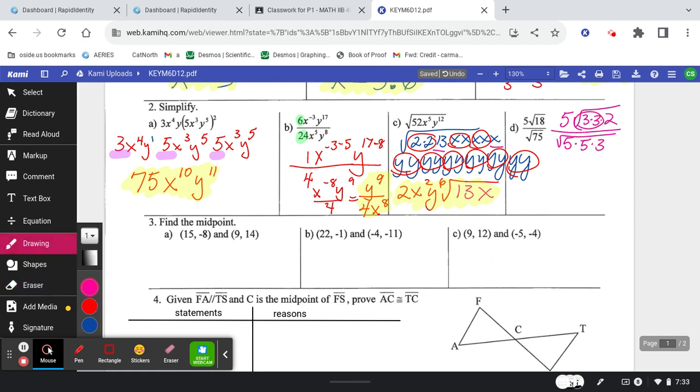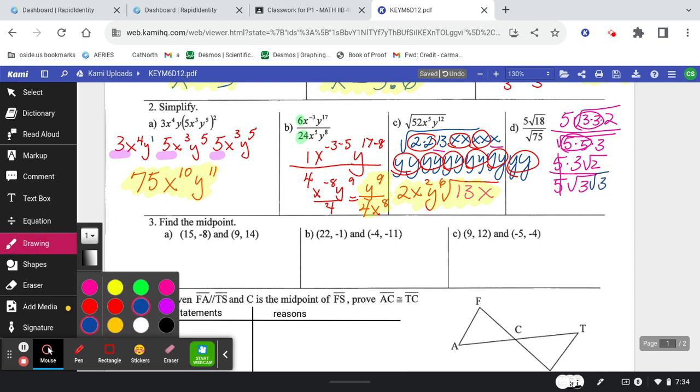Okay, take a pair of 3's out. That 3 that comes out is going to be multiplying with the 5, and then there's a root 2. On the bottom, a pair of 5's, a 5 comes out, and then there's a root 3 left in the bottom. So notice that these 5's could cancel out, and I'm left with 3 root 2 over 3, but you